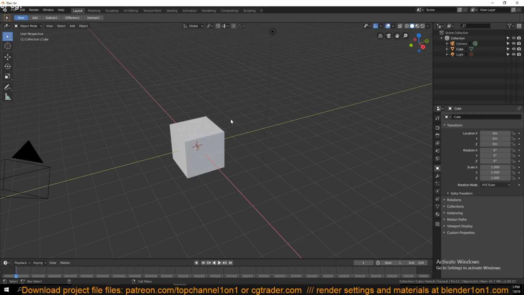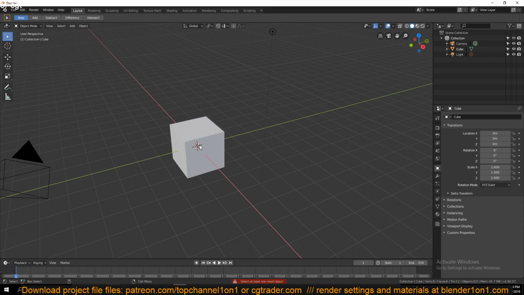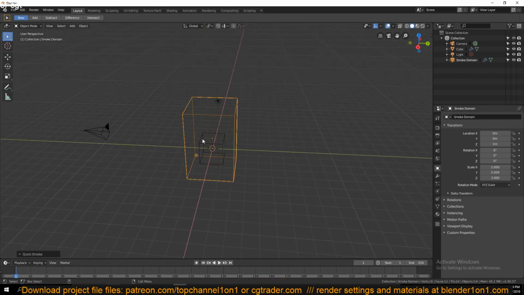So to get a quick smoke simulation, just hit F3 on your keyboard to open up the search function and type in quick. This will bring up all these quick simulations you can perform in Blender, and so we're going for smoke, so let's just click on that. Make sure you have a mesh selected, otherwise you get this error here. So select the cube and then F3, then quick smoke, and you can see it will set up a domain